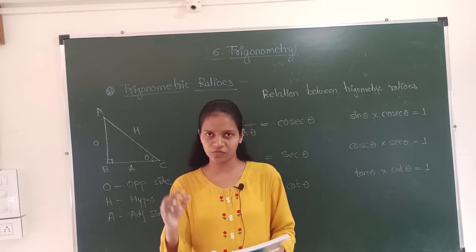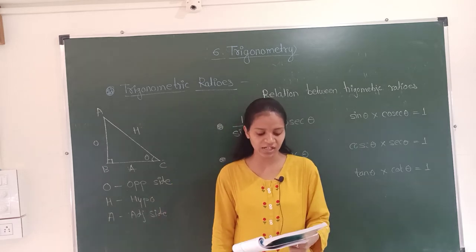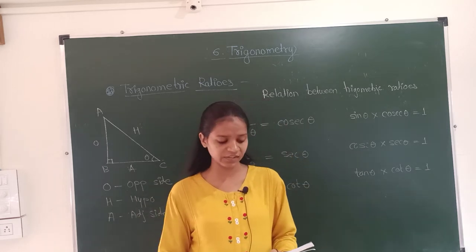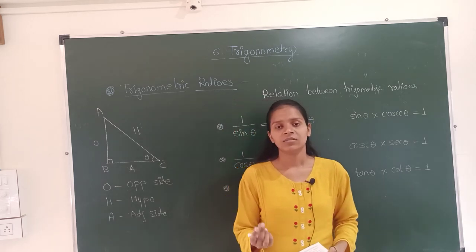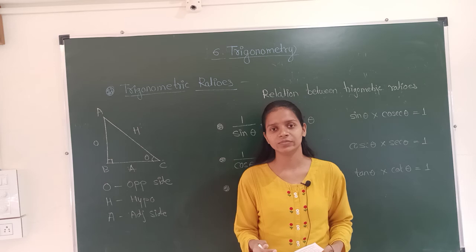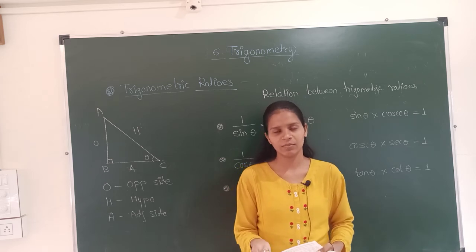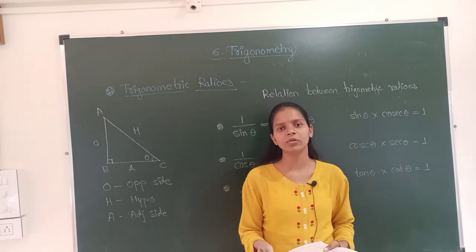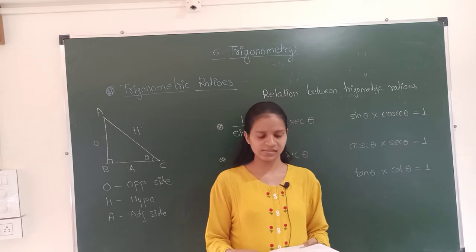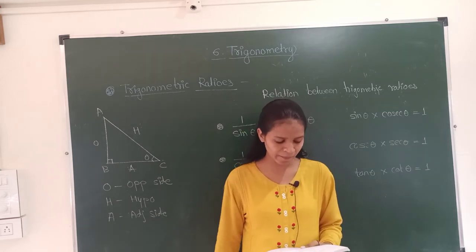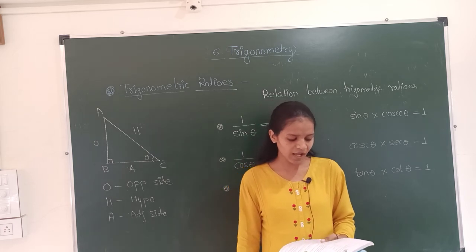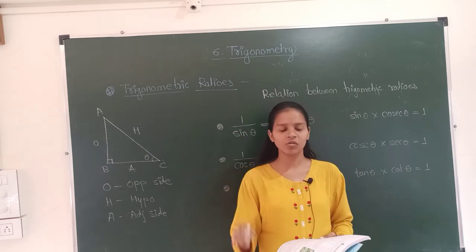Few of them are given in your textbook. In arithmetic progression, the formula for the nth term and for the sum of n terms. Do you remember n upon 2? If you remember, then okay, it is n upon 2 into 2a plus n minus 1 d. This formula was given by Aryabhatta. The formula of approximate value of under root of 2.